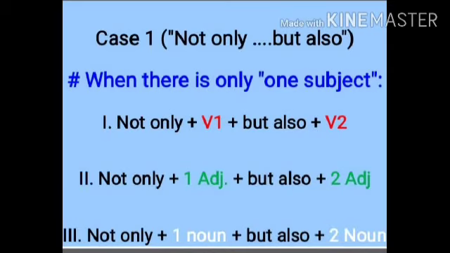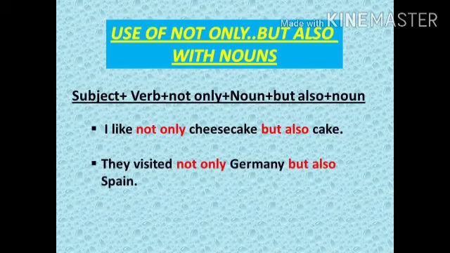Now let us learn in detail when to use not only but also. The first way to use the conjunction not only and but also is when there is only one subject in the sentence and when we are talking about one person doing two different actions or one person having two different qualities at the same time. Third, in the same way after not only we use the first noun and the second noun is used afterward. Now we will look at two examples of each to make it more clear.